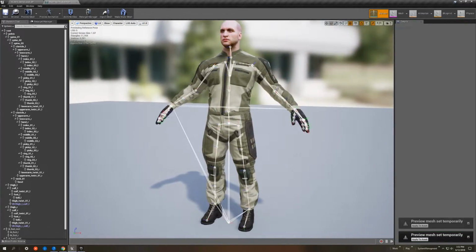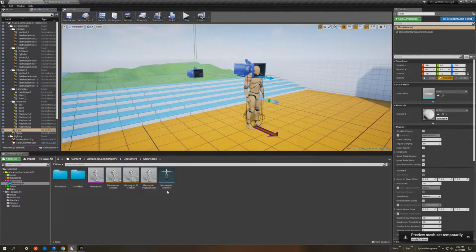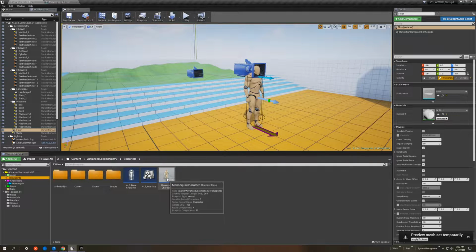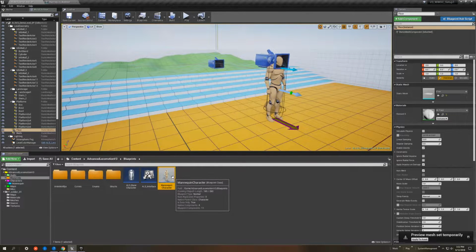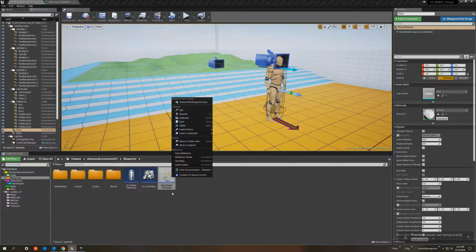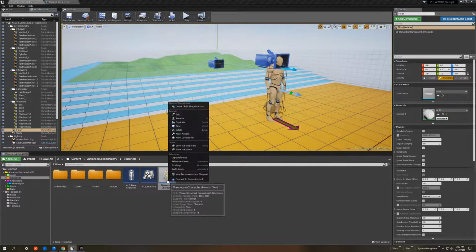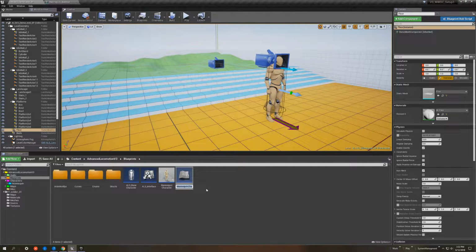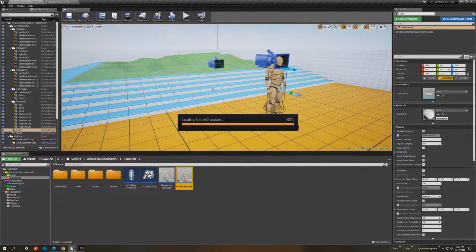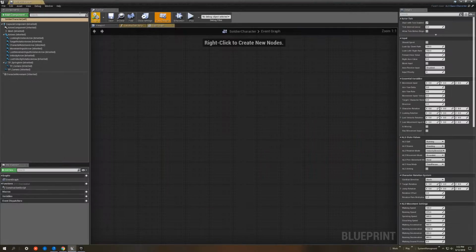So now I'm just going to make a new character. The easiest way to do that is to either duplicate this mannequin character or just create another child of the base character, and this is basically a child of that. So I'm just going to duplicate that. I'll name it, let's see, soldier character, like so. Open that up, open the full blueprint editor,